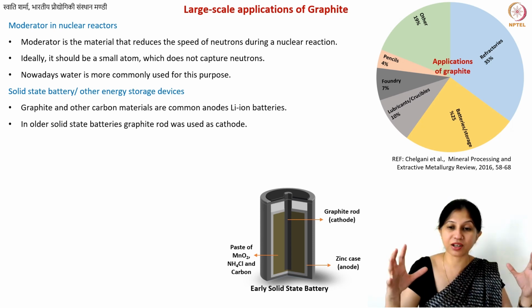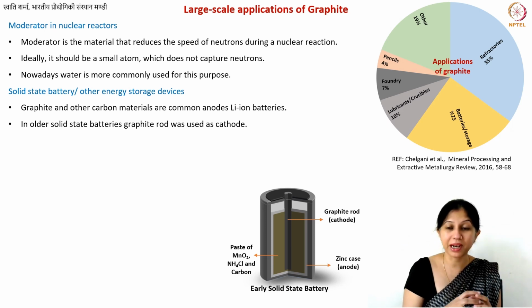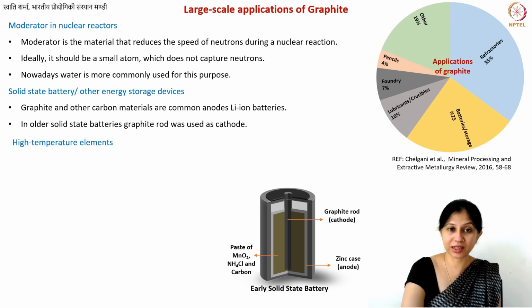So if you make a very large battery, for example, if you use a metal which has a lot of weight, then your battery will become too heavy. But carbon is also light. And of course, it is electrically conductive. Of course, it is electrochemically very stable. These, of course, are the fundamental properties. So because of all these properties, we do use graphite a lot in the case of batteries, solid state batteries.